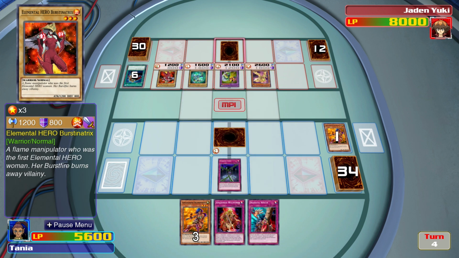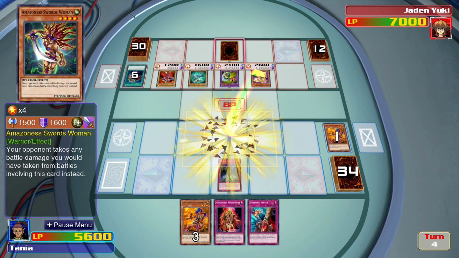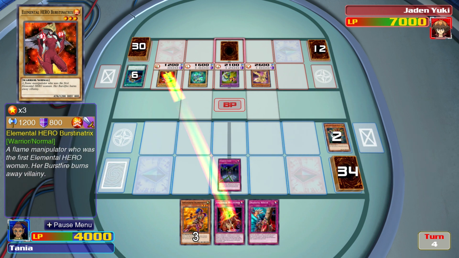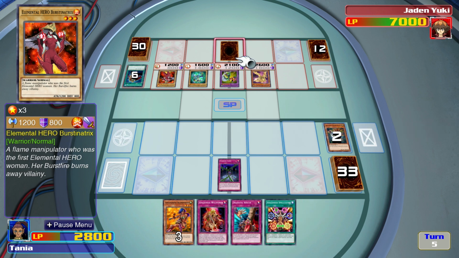And Elemental Hero Burstinatrix comes to the field. Well, they did 1,000 points to Jaden, but there is not much that Tanya is going to be able to draw to get through this, because I know that her Amazoness deck is very nerfed. I use it as a template when I...